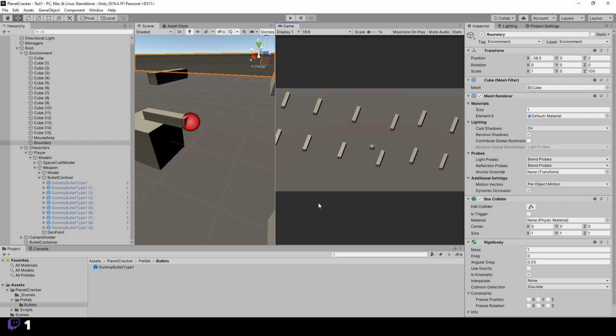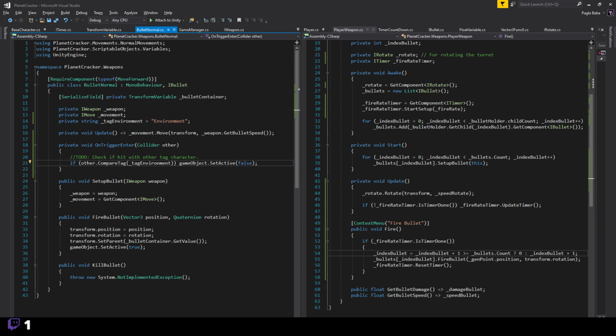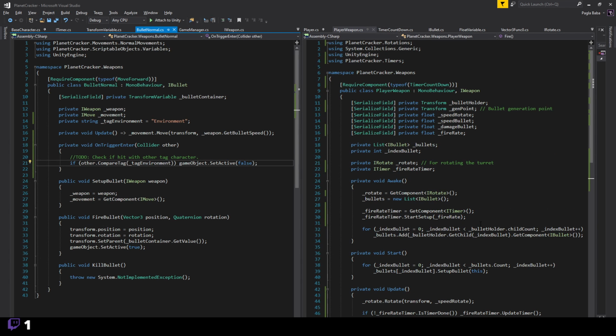Now what? I should actually also give the player weapon a tag, right? Character tag. It's as if to hit the